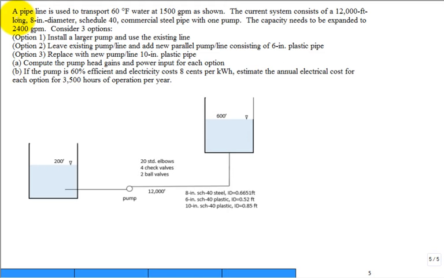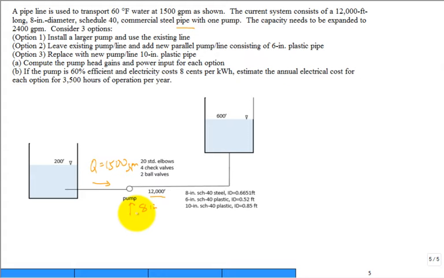Let's solve this problem. This problem is a lot like the homework problem due next time. So a line is used to transport 60 degree F water at 1500 GPM as shown. So they want to move 1500 gallons per minute. The current system consists of 12,000 foot of pipe. The pipe is 8 inches diameter, Schedule 40 commercial steel with only one pump in it. The capacity needs to be expanded to